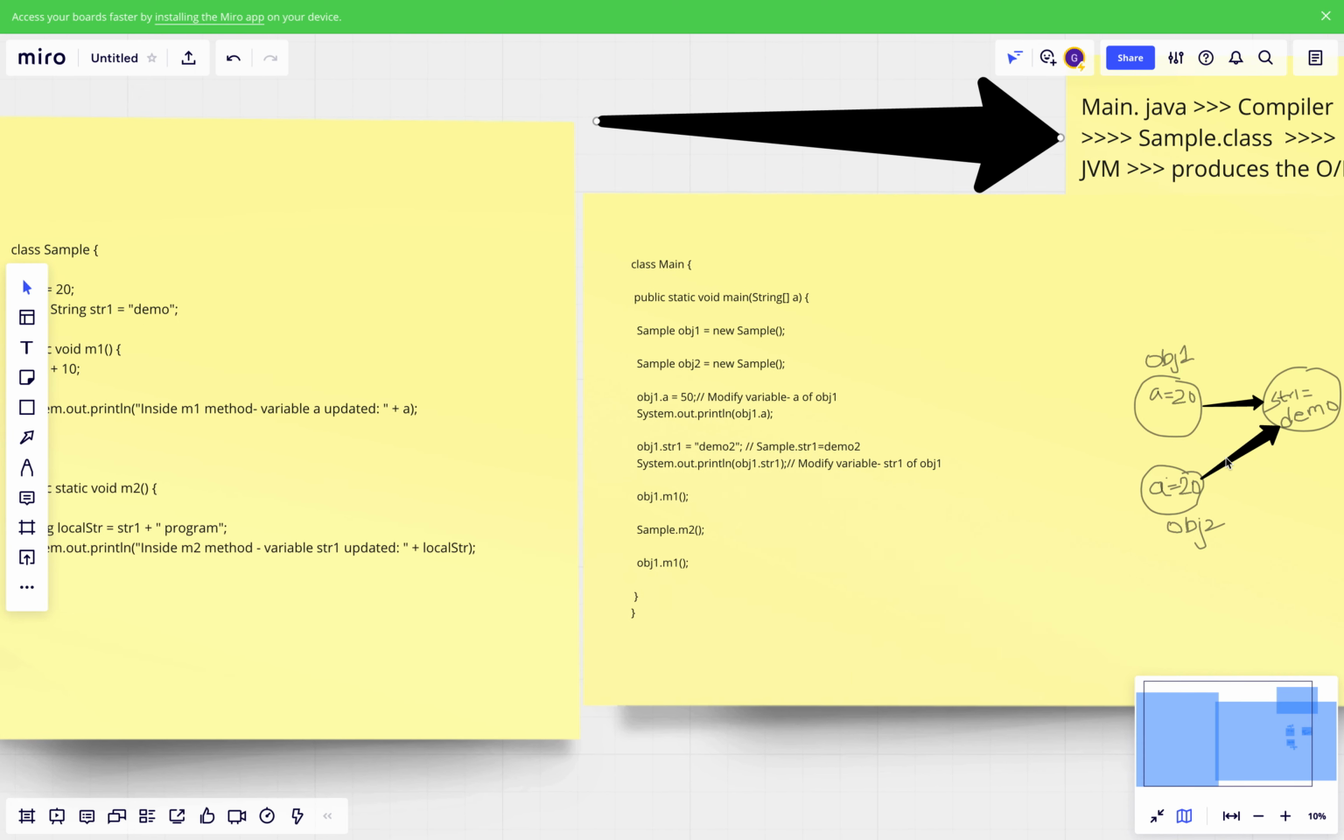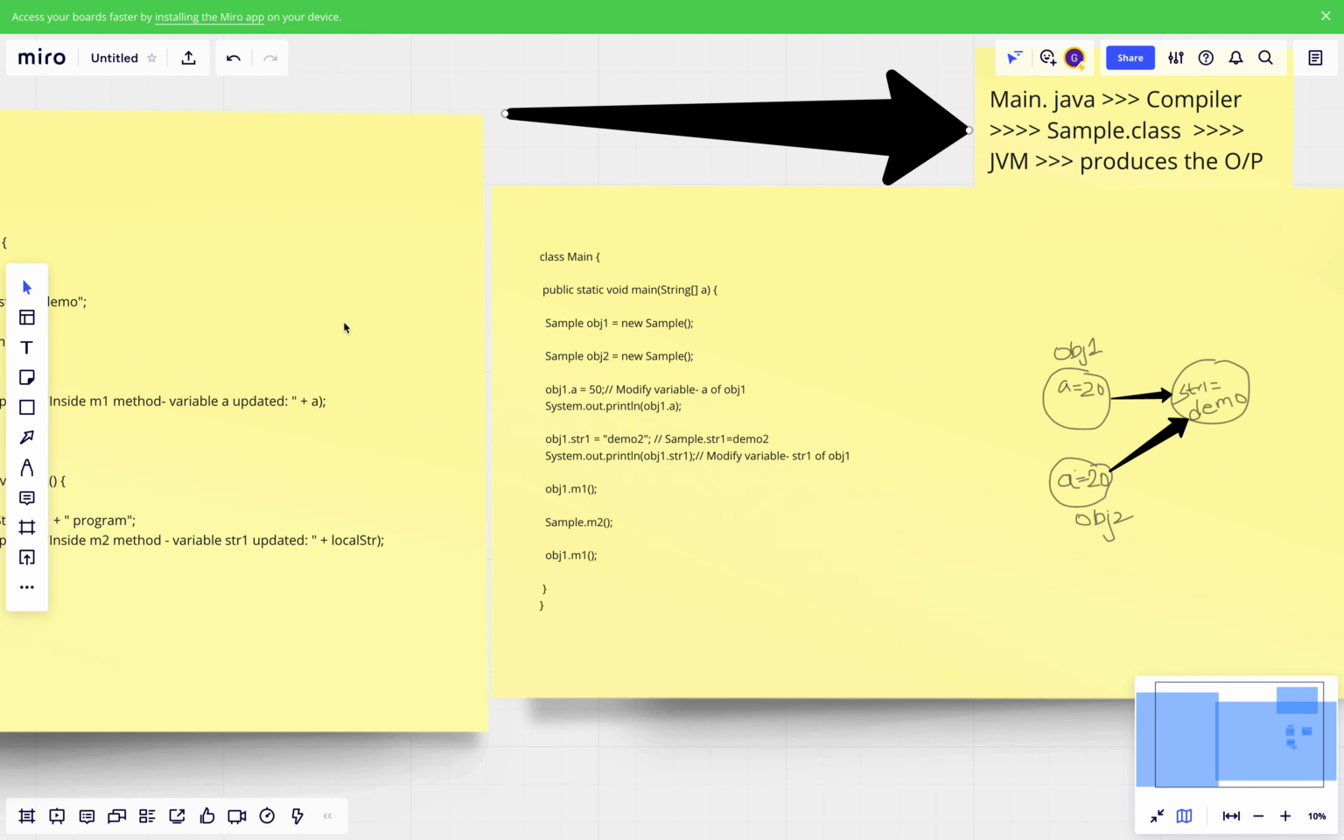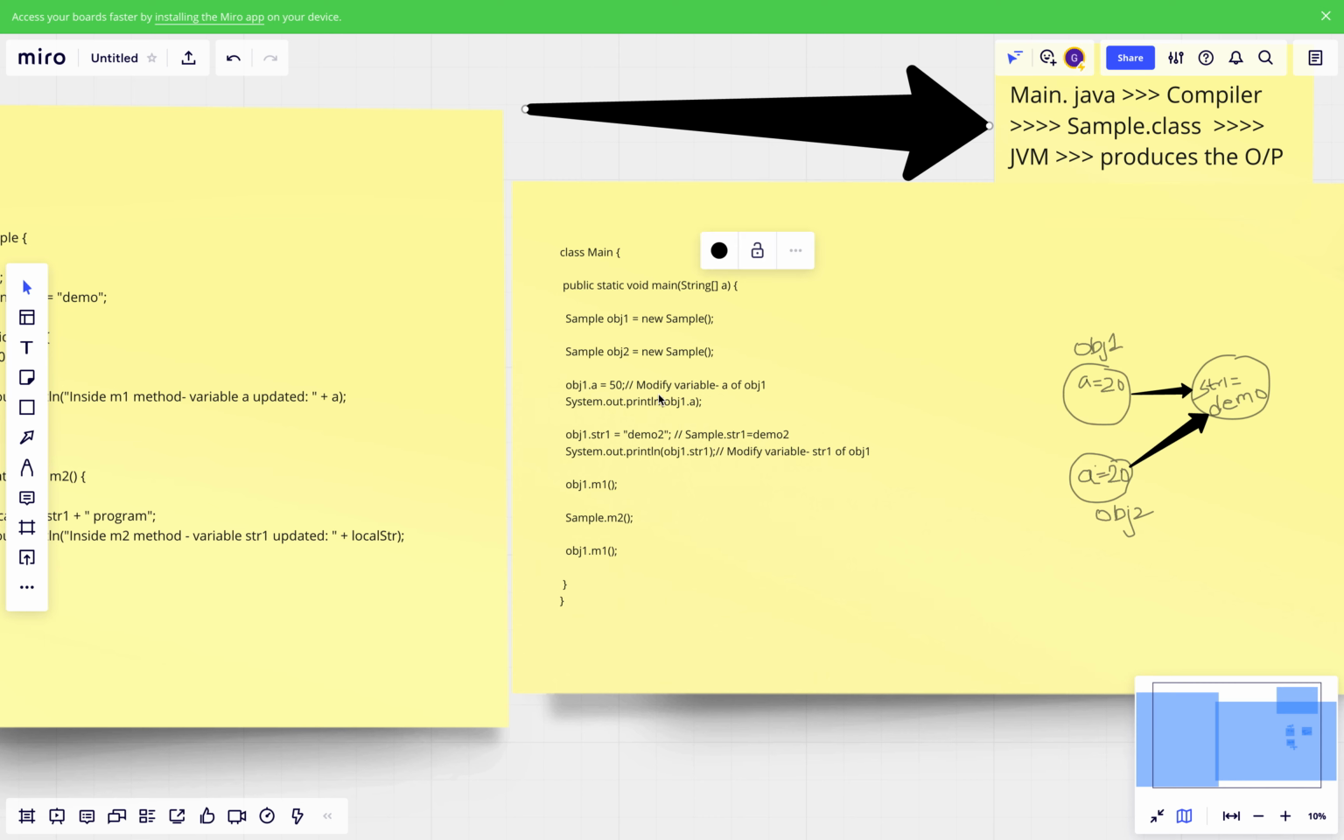And now we have the static variable. Whenever you load the class, in the sense that the JVM will load the class, whenever you provide the main.class, the JVM will load this class. Once the class is loaded,